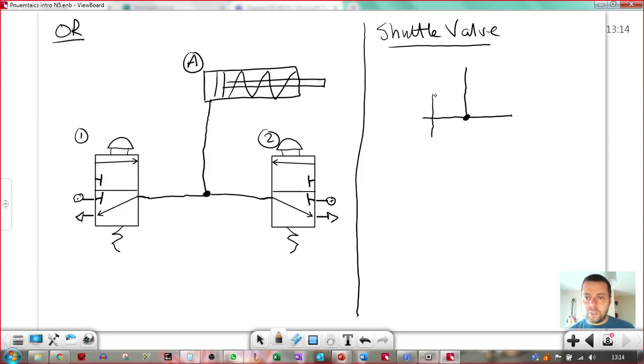You draw a box around it. So there's your 3 connections on the outside, and then you include this on the inside. That's the symbol for a shuttle valve, where this is the output port, and this is input 1, and this is input 2. So the idea is, what's this representing? And we'll see this symbol coming up quite a lot in pneumatics. So this is a